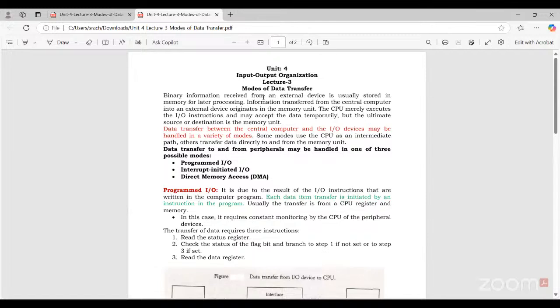data transfer, input and output organization. When information received from an external device is usually stored in the memory for later processing. Information transferring from the central computer into the external device organizes the memory unit. The CPU merely executes the I/O instructions and may accept the data temporarily, but the ultimate source or destination is the memory unit. The transfer between the central computer and the I/O device may be handled in a variety of